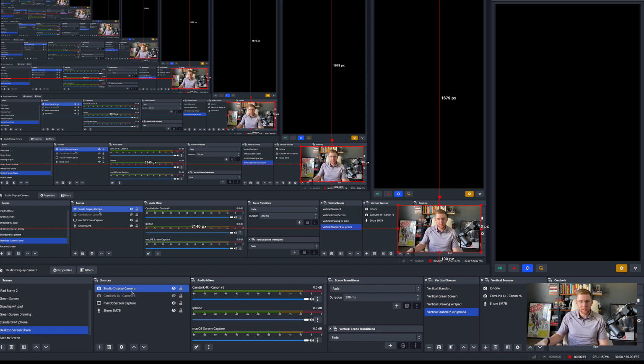Well, guess what? Take your iPhone. There's this neat little tool that you can get on Amazon that will mount right behind your computer, and it'll attach with the MagSafe on your iPhone, and it'll hold your phone up, and you can plug your phone in with USB-C or Lightning to your computer. You can capture the video off of this device and bring it into OBS. Okay? So you can have higher image quality. I actually should be doing this. I just don't have the right setup to hold my iPhone back there right now, and I'm trying to get this video out for you because I just need you to watch this video.